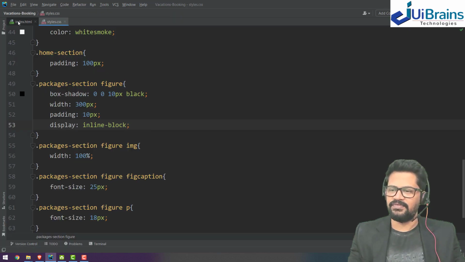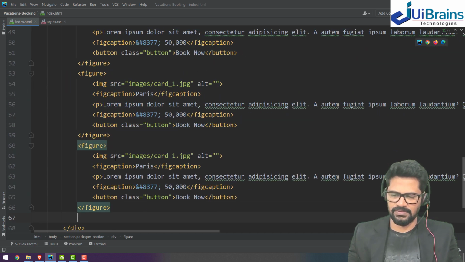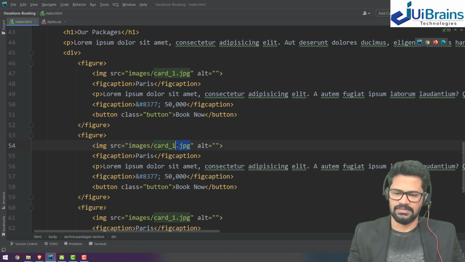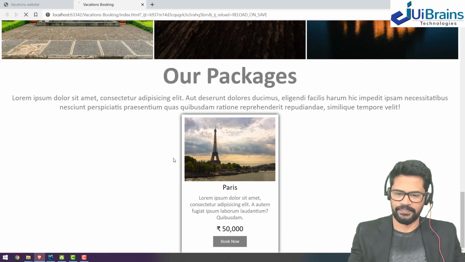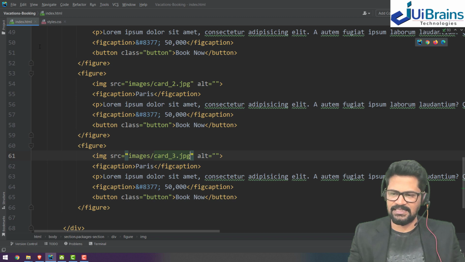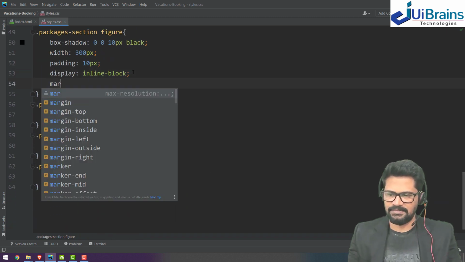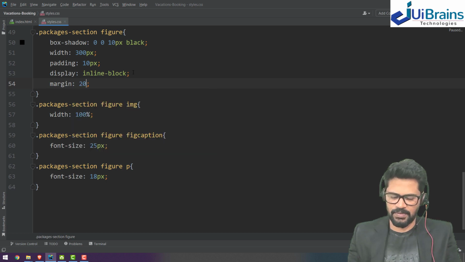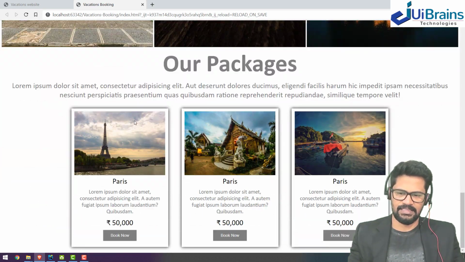Let's add multiple figure elements. So I'll just copy the figure. One, two. Okay. So let's have a card 2. You can change the country name, card 3. But you don't have a space around it, that's a margin. So back here for the figure, let's add some margin of some 20 pixels. Yeah, that's fine.